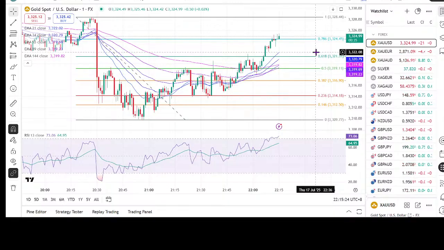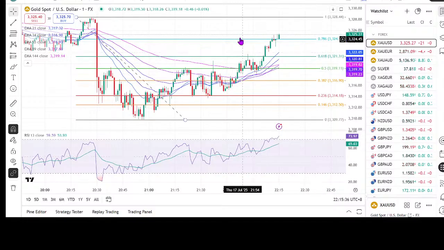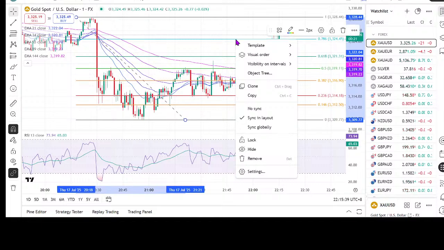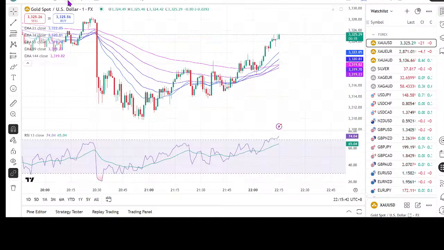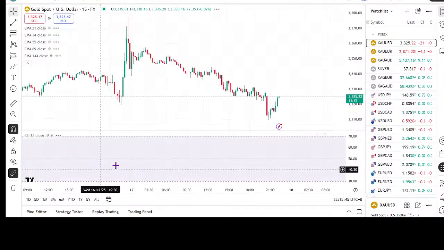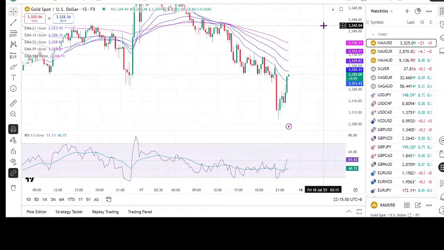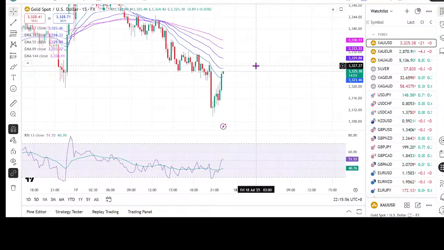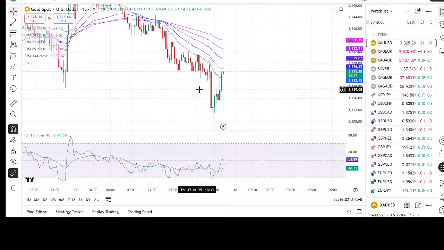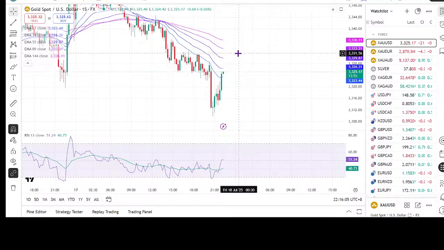Now our 25 half order is filled. We have a sell order at 25 half, which we put in. We are in the first 15 minutes of the new time belt. So we are still in the first 15 minutes. This 26 27 is a very important level. But again, if this level breaks, then it can go higher.